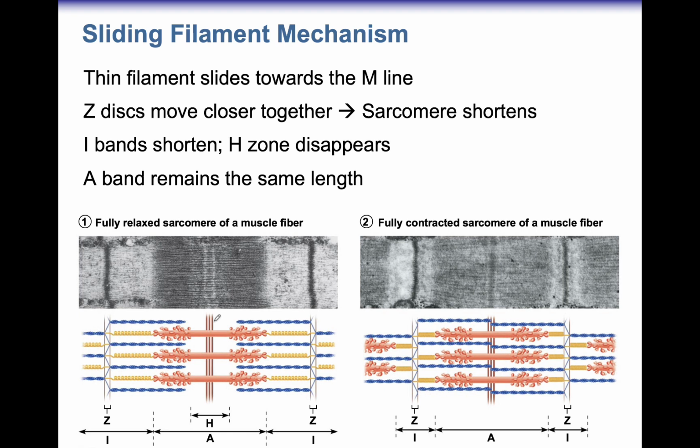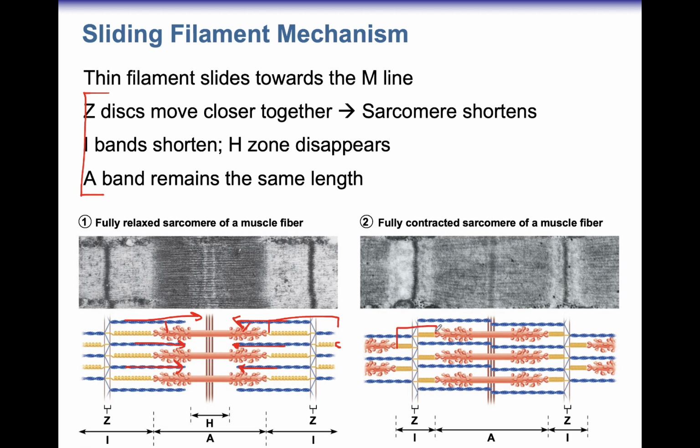The sliding filament theory states that the myosin heads grab onto actin, and the actin slides in between the myosins towards the M lines. What I want you to know about this is the changes that take place. The Z lines move closer together. The I bands get shorter. So look here. The I band was from here to whatever the next myosin was, and now it's shortened